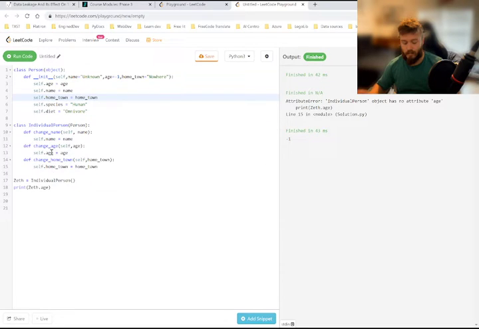Okay, so you can see that the Zeth object that I initialized is this class object. But when I call .age, it's giving us the default value for the person class object here. That's because we're passing the person object into the individual person class object when we define that class. So everything in the individual person class, the subclass,